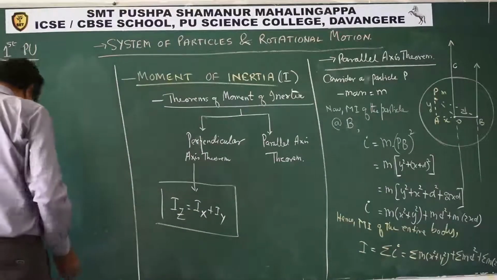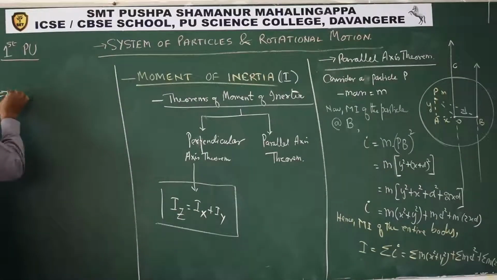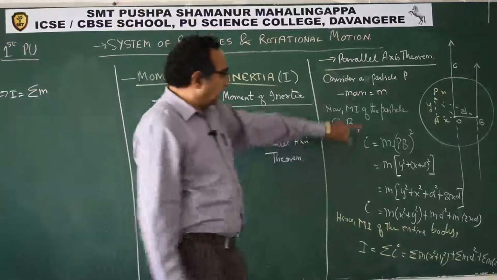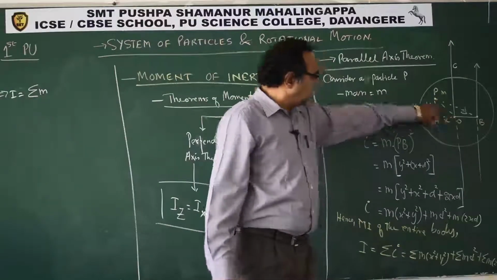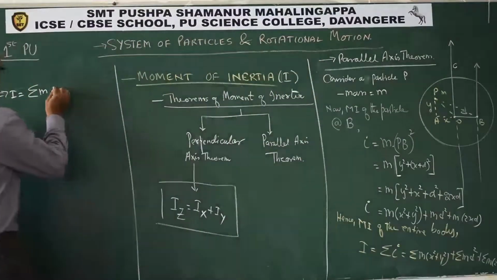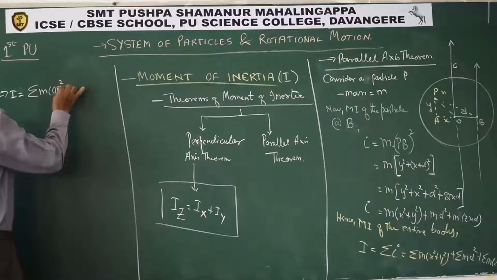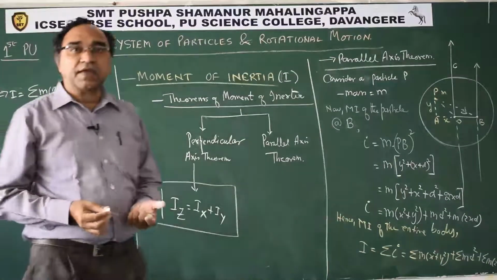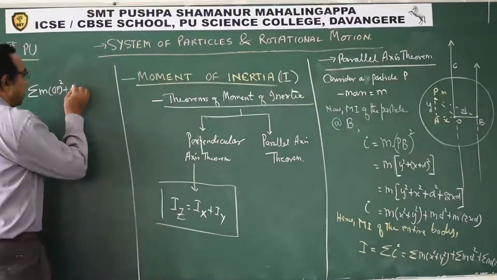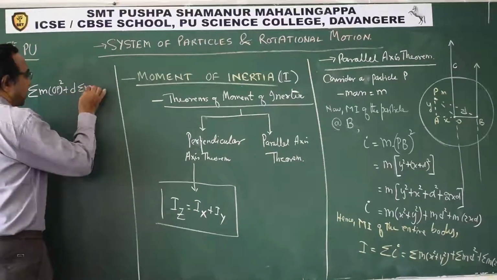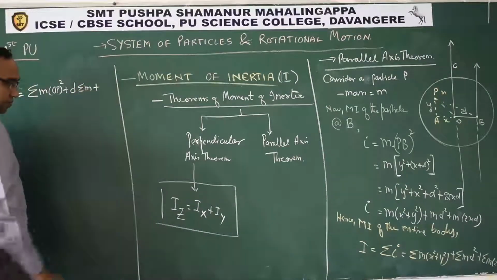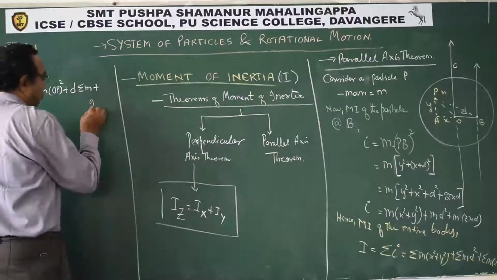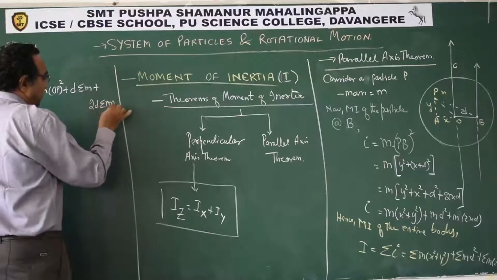Now let us see what the sigma will give us. So therefore we can say I is equal to sigma of m. Please concentrate here. X square plus y square is nothing but OP square. It is the same as OP square plus d square. D is a constant, so there is no question of applying any sigma to it. So this will come outside the sigma, sigma of m, plus, please concentrate, d is constant, 2 is constant. So I will take 2d outside the sigma and I will write sigma of mx.